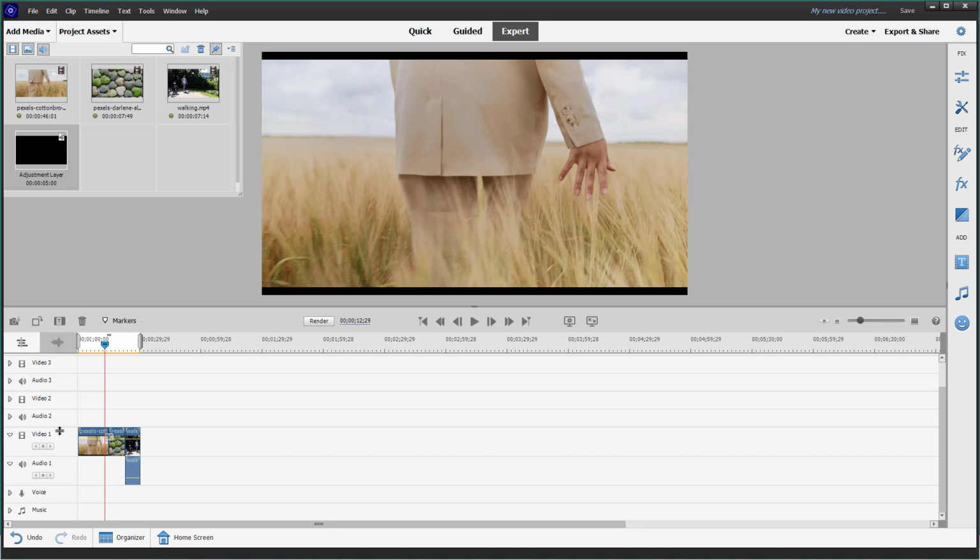So over here, you can see that I got 3 video clips right here. And let's say I want to apply a similar effect to all of them at once. In that case, you can utilize something called the adjustment layer. So to add an adjustment layer, you need to click on the panel option right here under project assets, and